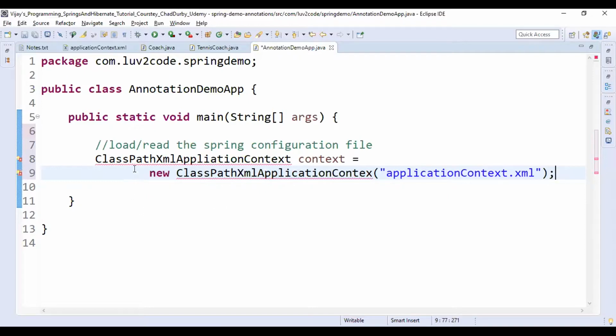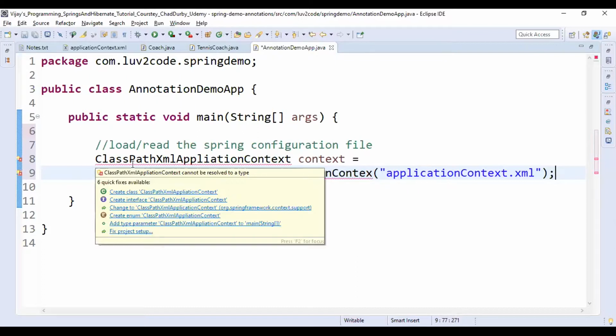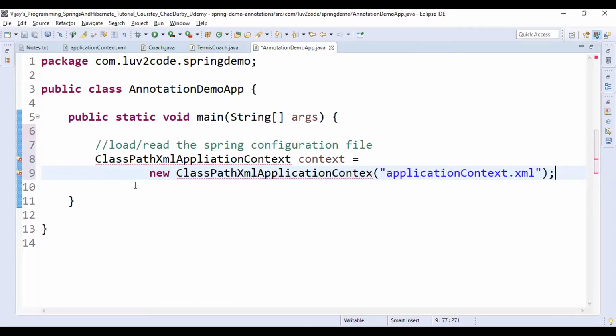We need to import this class from the appropriate package. Take the mouse pointer on top of this error. Eclipse will be suggesting that you need to import this class. So here is a typo, that is ClassPathXmlApplicationContext. You need to be very cautious while typing.